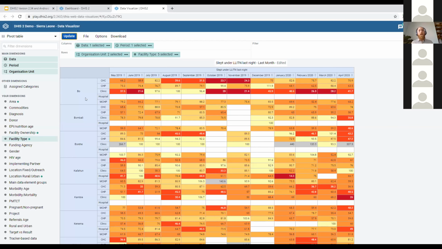So I strongly encourage you to go ahead and start using the pivot tables in the data visualizer. That's going to be where DHIS2 is going to present pivot tables from here on out. If I move back to the dashboard now,